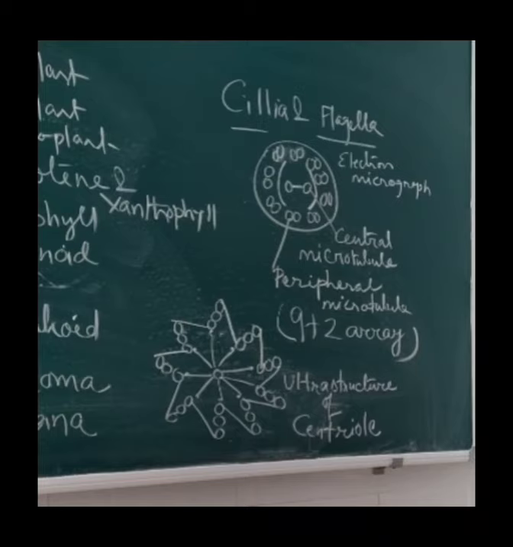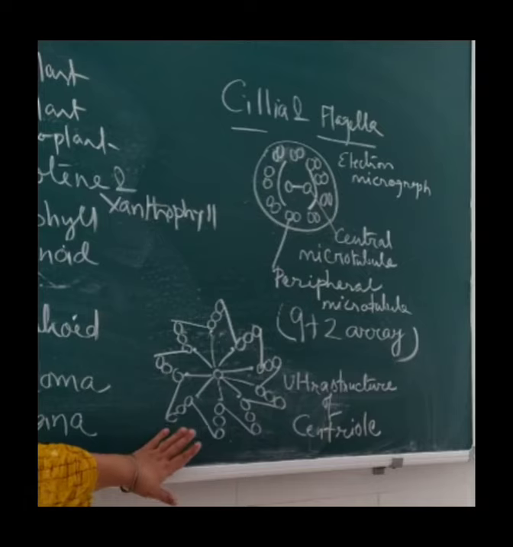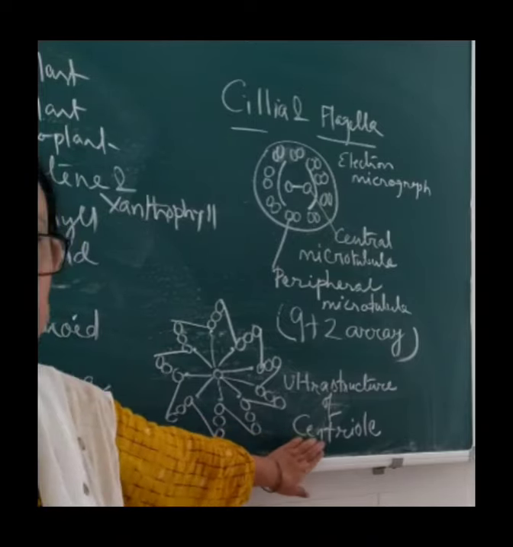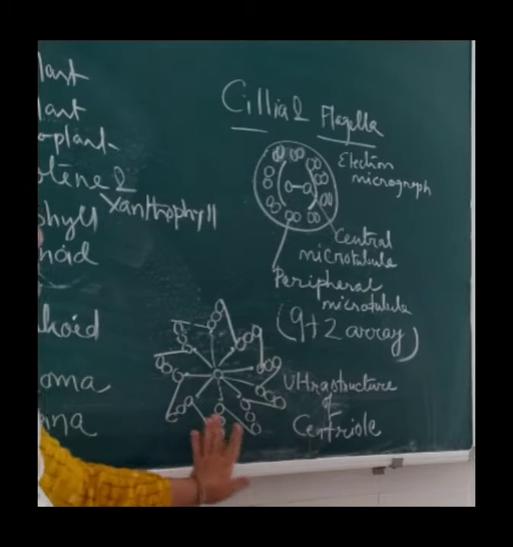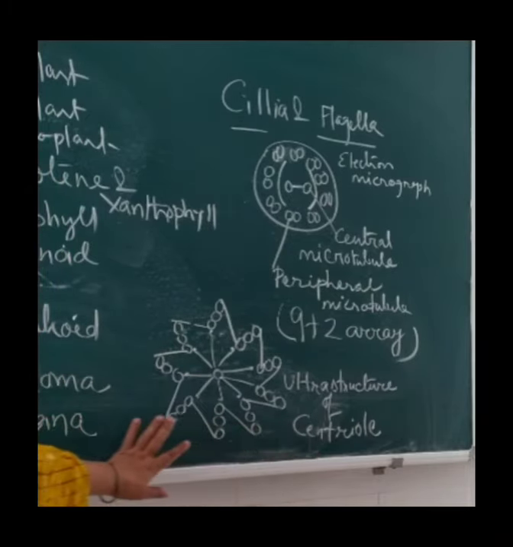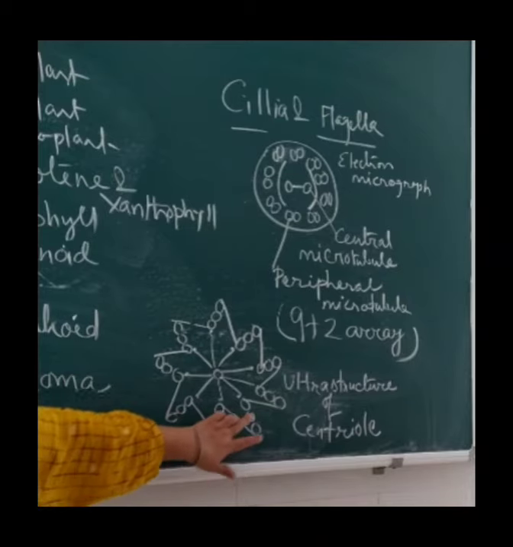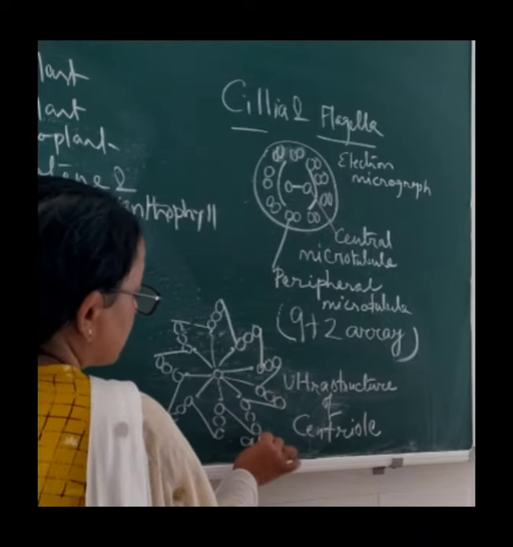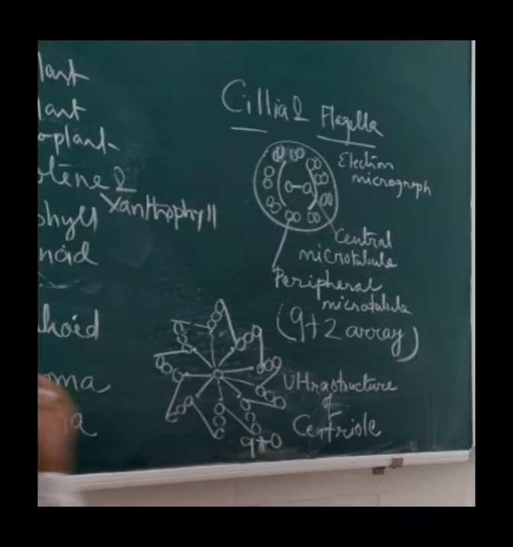Next one is the centrosome. The centrosome is a cell organelle which helps in spindle formation in cell division. Two centrioles make one centrosome. When we see a cross section of the centriole, it shows a microtubular arrangement called 9 triplets. These are the triplets, a 9+0 arrangement, where 0 means nothing is there in the center. So it is a 9+0 arrangement of microtubules.